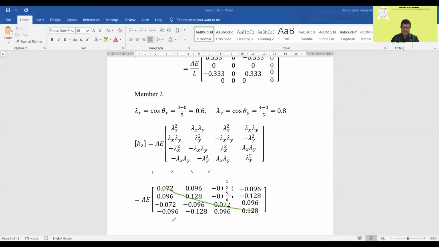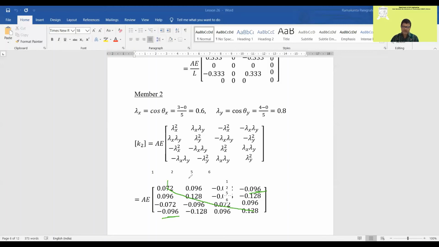So this side is minus 0.9, and this is minus 0.8. So they are symmetric. These stiffness matrices are symmetric in nature, and that you should understand. If you find one side, the other side will have similar values, so that you can cover.